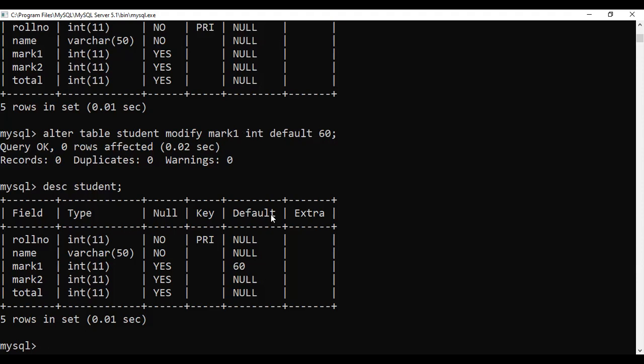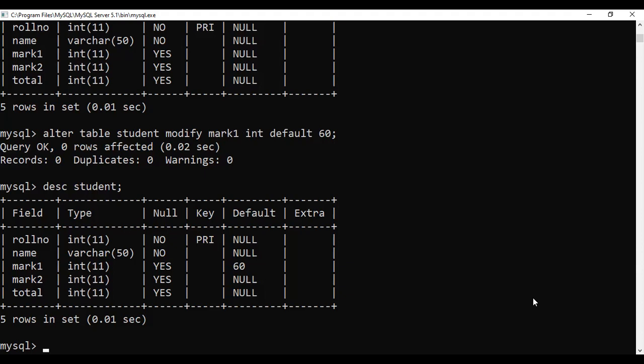The alter table command's significance is also asked many times. What is the significance of alter table? It can be used to alter the structure of the table. And what all things can we do? Add or drop a column, add or remove a constraint, modify the existing, redefine the column, that is the data type and column name, everything can be redefined.